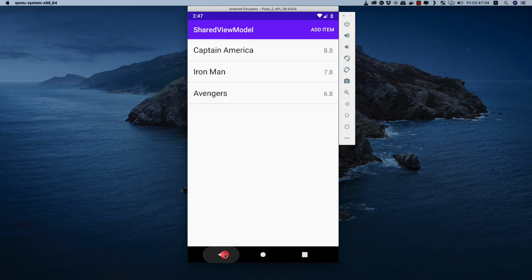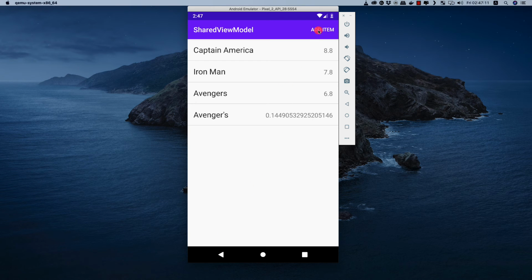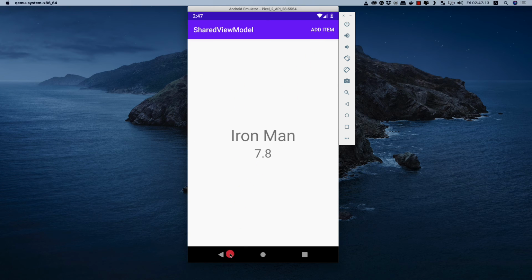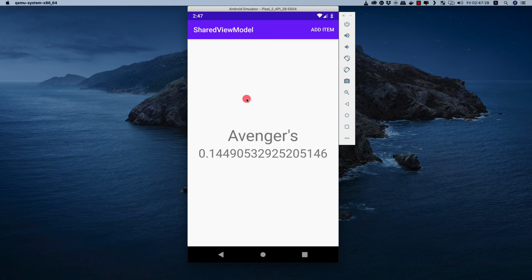So currently everything works fine. Now if we add item, so this is the new item, we can go to this item. So let's go back again. Now let me add another item, we can go to Iron Man, and now let's go to Avengers. So now we see that everything is working fine. So now this is all about shared view model, and the application is almost complete and the tutorial is almost complete. But something remains about the navigation component, that is for the title of the fragments here. So let's see that how do we fix that.